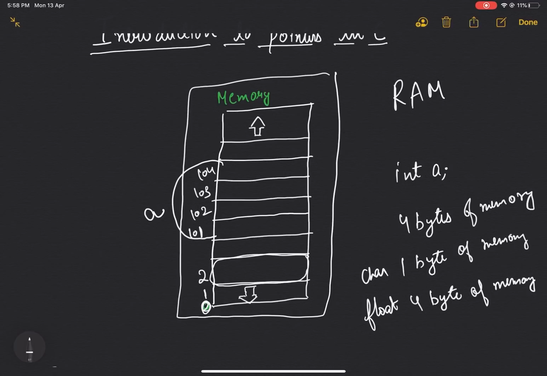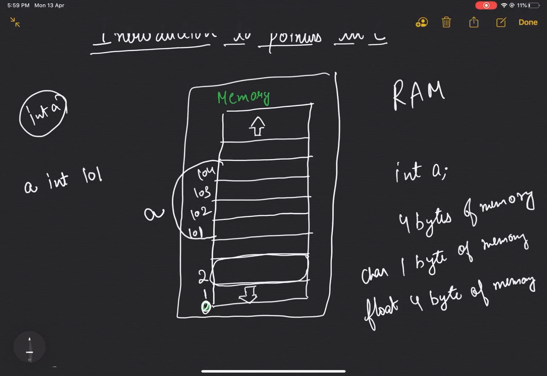In general, under the hood, the computer maintains a lookup table which stores this information. When I declare int a, it allocates memory for that variable, and in the lookup table it stores something like a, of type int, and the starting address of that variable, which in our case is 101.